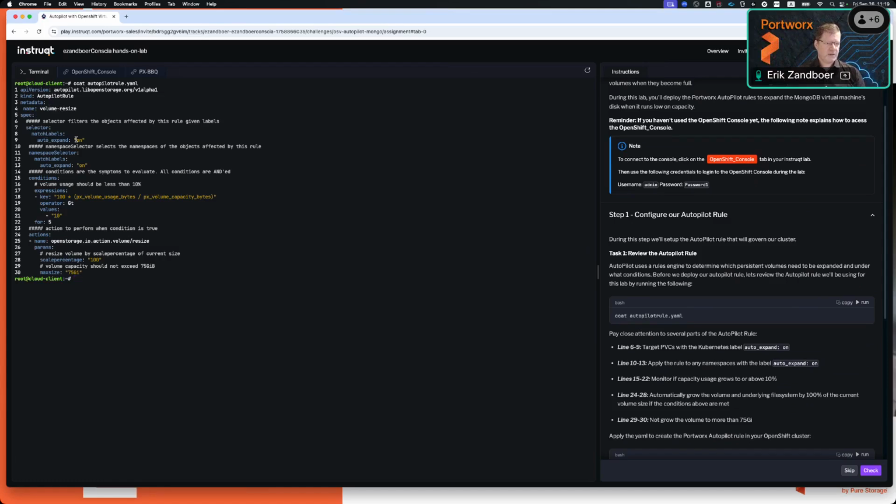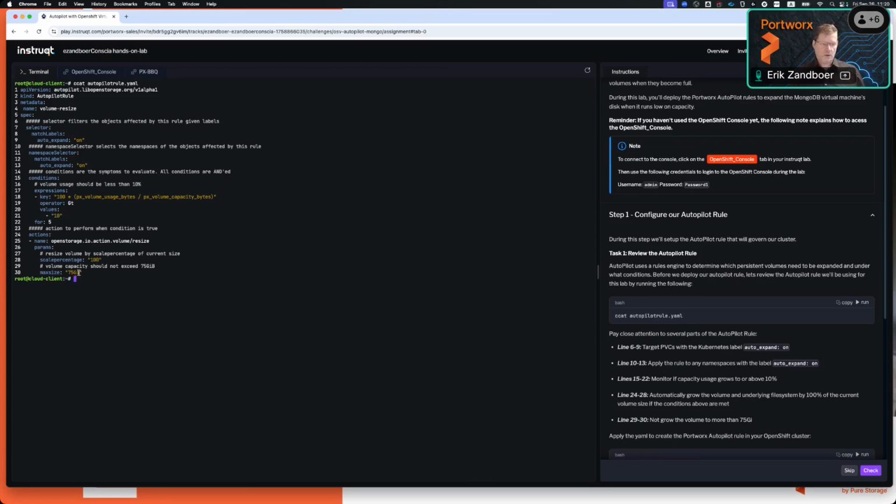We're going to say auto expand is on for both namespace and labels. And this is the key. Here, this is a very fancy way of saying whenever the usage goes over 10% for 5 seconds, then we're going to scale by a percentage of 100 to a maximum of 75 gigs.